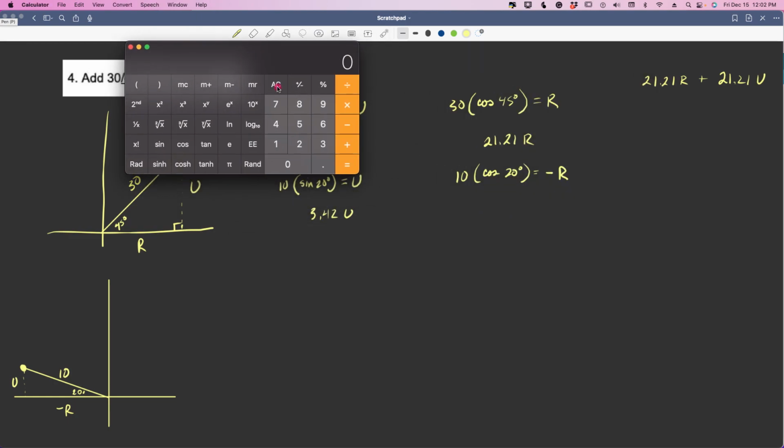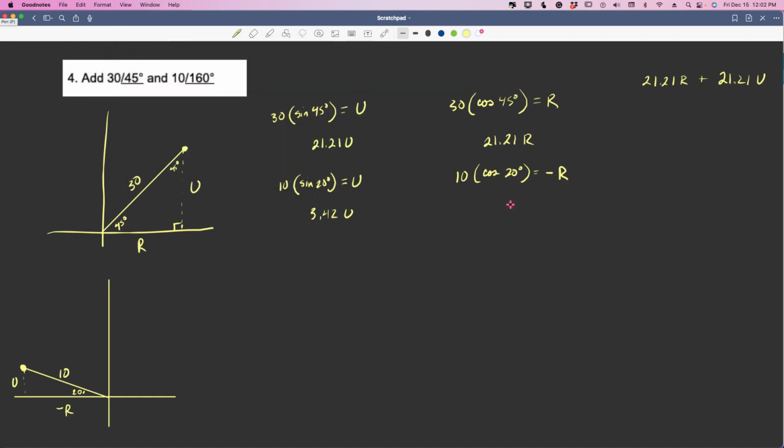All right, and that's going to be 20 cosine times 10, 9.396, I'm just going to round up to 9.4, because if you round up the 9, that's going to go to a 4, so 9.4. All right, 9.4 r, but it's negative. So we're going to put that over here. Negative 9.4, and I'm just going to give it 2 places, just so it fits, plus